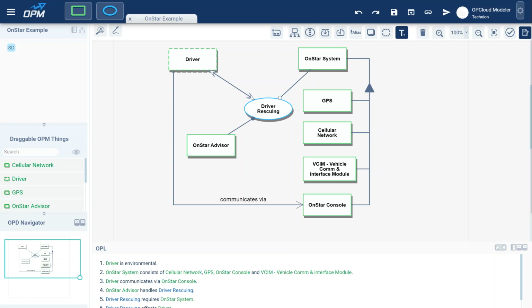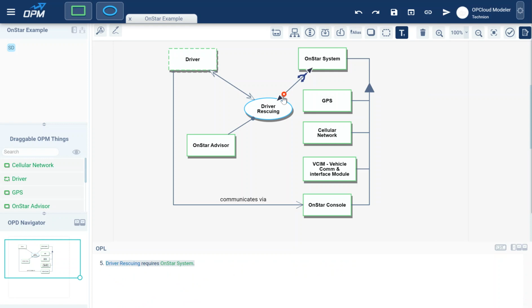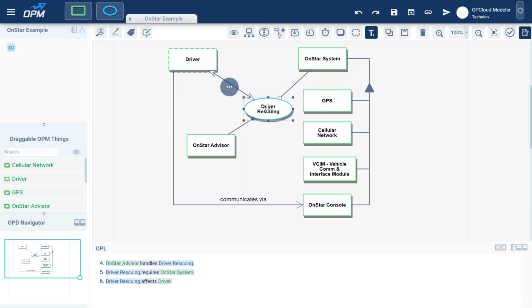In this session, we're going to talk about using the halo and inzooming and unfolding, if needed, for a thing. Let's continue our model. The next thing we want to do is to refine our main functionality of our system, the driver rescuing. Clicking on the process will highlight the options on the secondary toolbar and also will show us